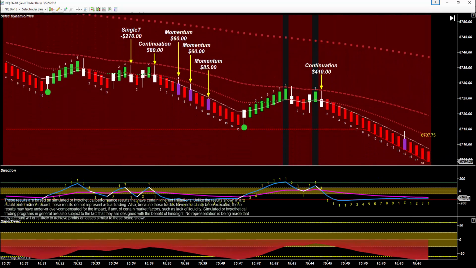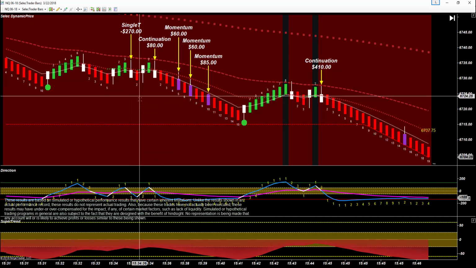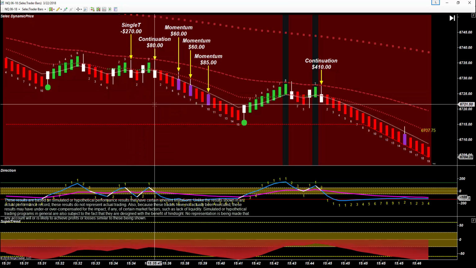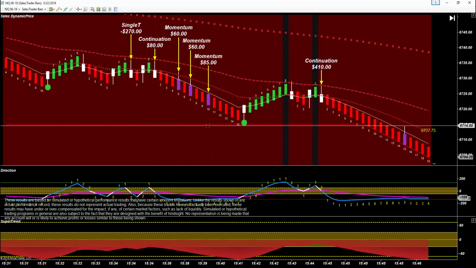and a lot of short trades. Market was on a strong downtrend most of the day. We have a single T that does get stopped out, but this will be an 18 tick stop. Then we have a continuation short followed by 3 momentums in a row, letting us take part in the majority